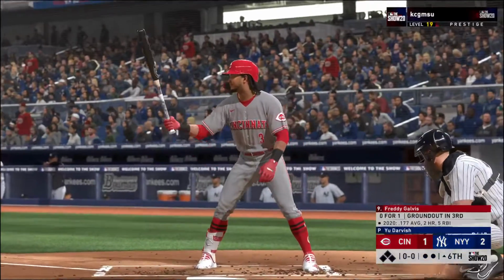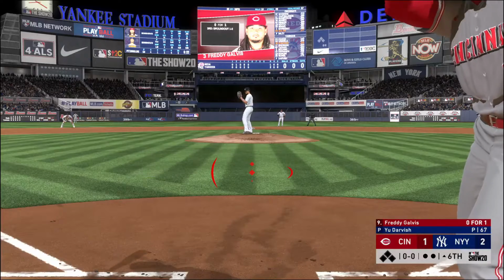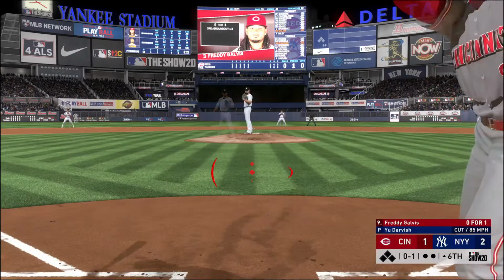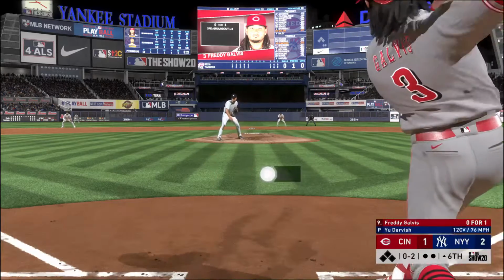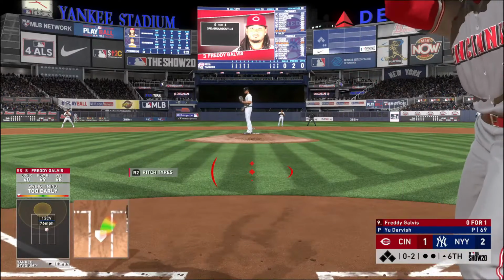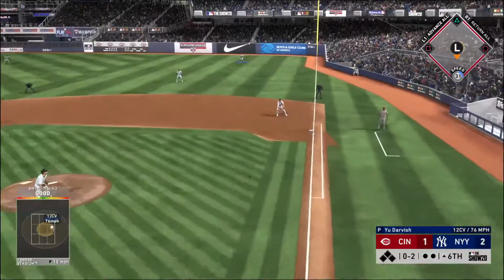Digging in, the switch hitter, Freddie Galvis. He'll begin things here against Yu Darvish. He's ready. Here's the first offering. 0-1. Oh, and he's really getting the better of him now. It's strike 2. Well, you know you've got it working on the mound when they're swinging right through it, even when you're putting it right down the...